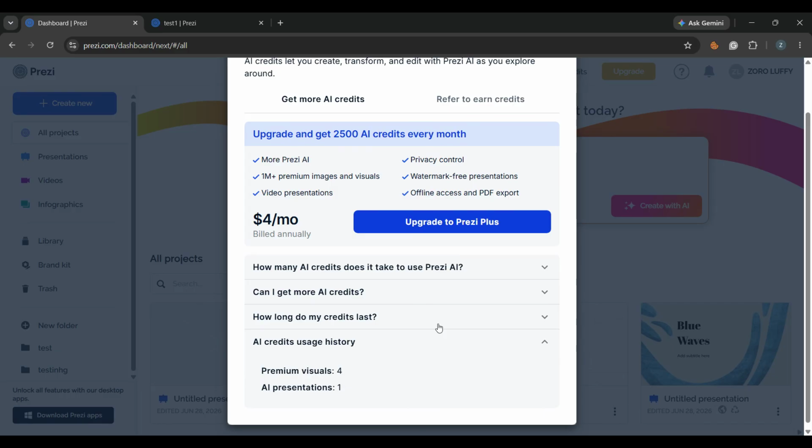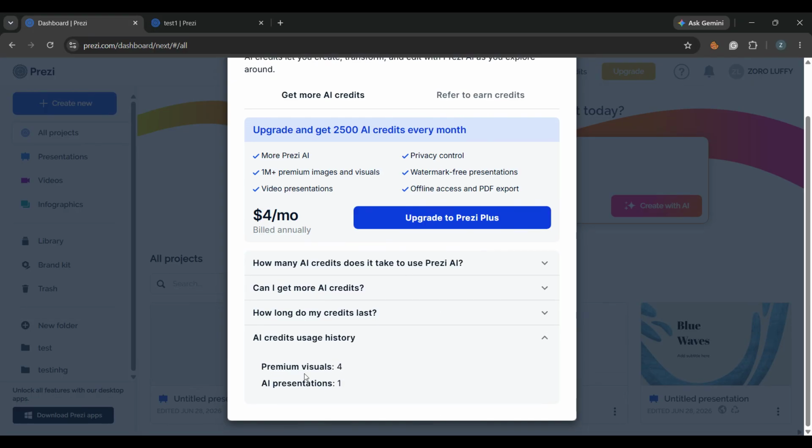Next to AI Usage History, you'll see an arrow icon. Click that arrow icon to expand the drop-down. Once the drop-down opens, Prezi will show you where all of your AI credits have been used. You can review the usage history and see the activity connected to your account. That's really all there is to it. In just a few clicks, you can check your AI usage history in Prezi and keep track of your credits